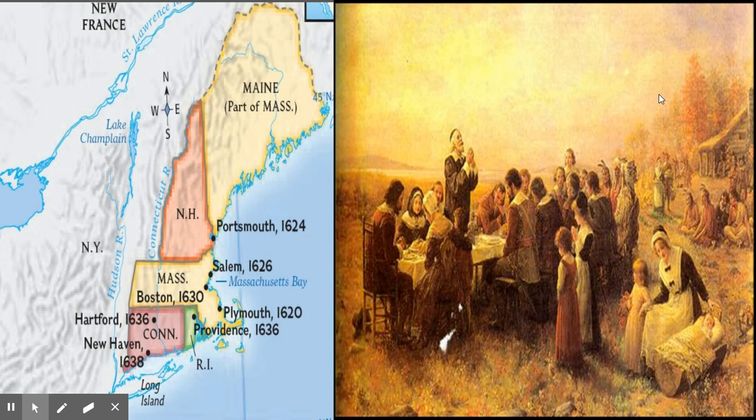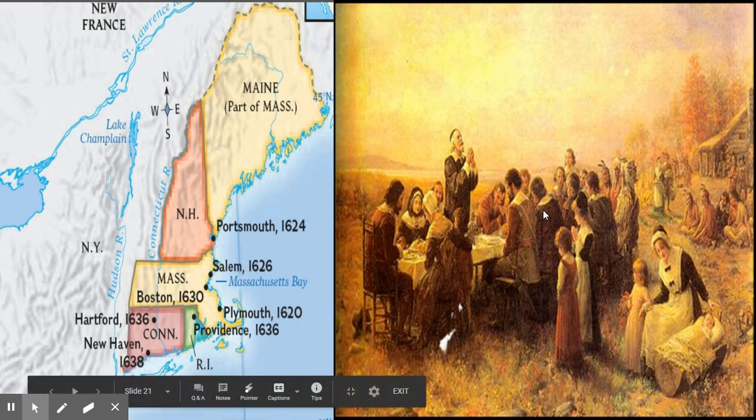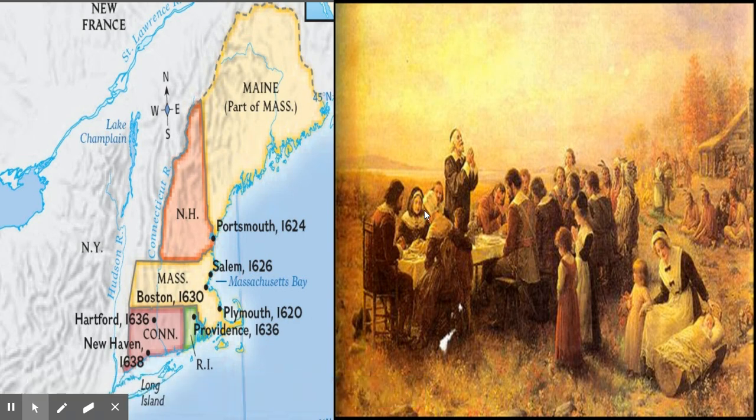Okay, so let's look at this. So these are going to be your New England colonies. Now, what do you kind of notice about this picture? You see everybody sitting down, and if you'll notice, these are some people, and this is an Indian, and some people would say this is Thanksgiving. This is where they say that we get the whole idea of Thanksgiving. Come together peacefully. Thank you, God. We come together. These people have helped us. We've helped them. Let's have a Thanksgiving dinner for that reason.